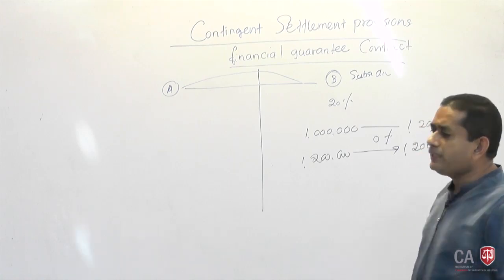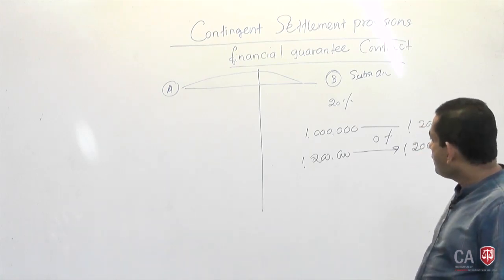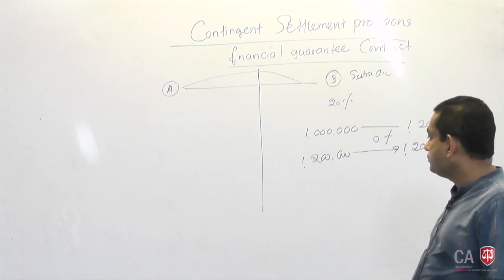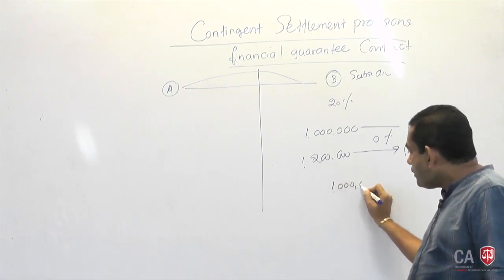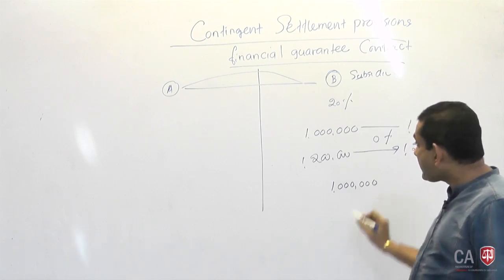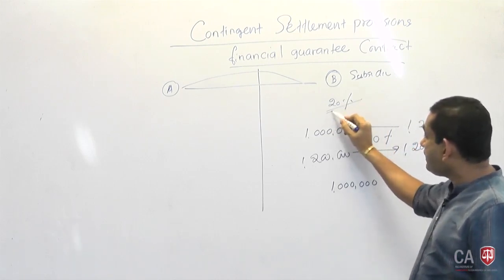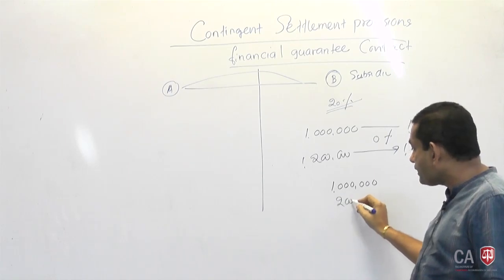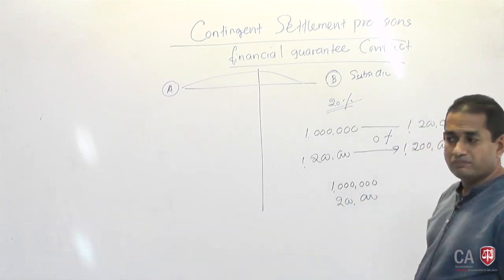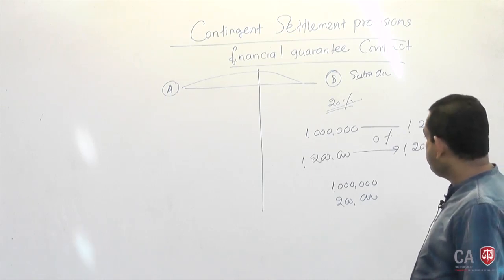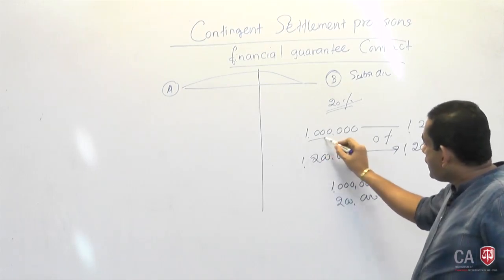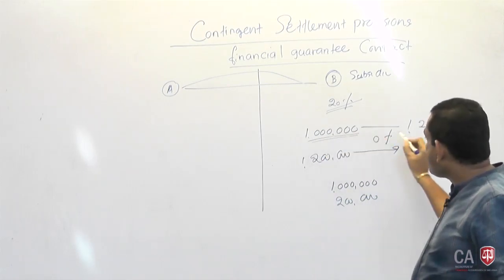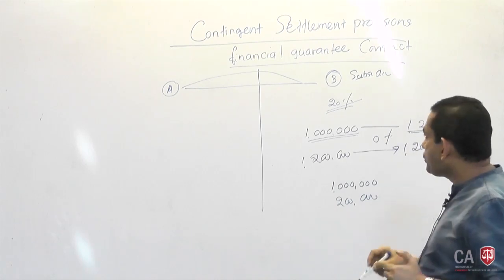Now you need to look at it differently. It's like company B receiving 1 million rupees from the bank at 20% interest rate and receiving the balance 200,000 from company A. Let me repeat. If company A does not get involved, loan value is 1 million rupees and should be settled at 1.2 in 1 year's time.